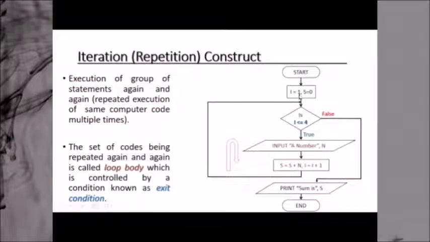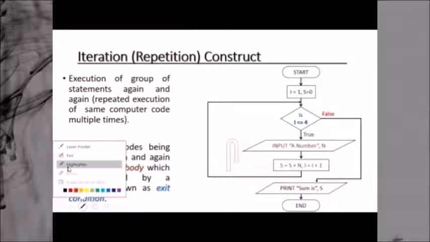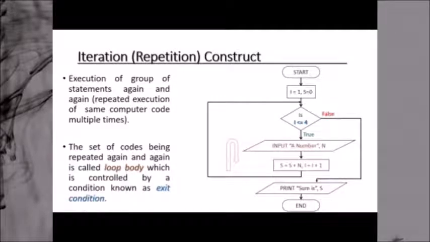So if you see, we start the program. Now we are having a variable I, and its initial value is 1. At the same time we are having a variable s and its initial value is 0. Now we come to here, is I less than or equal to 4? What is the value of I? 1. Is 1 less than or equal to 4? Yes, 1 is less than or equal to 4. We move here. It says enter a number. So you enter a number. You can enter any number. Say our n, and we assume the number is 5.